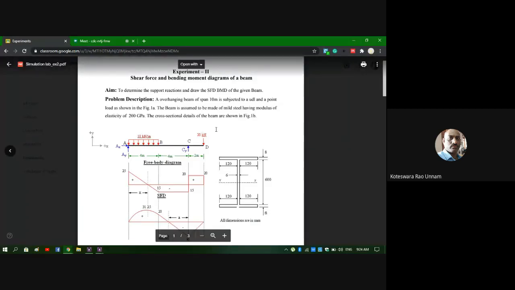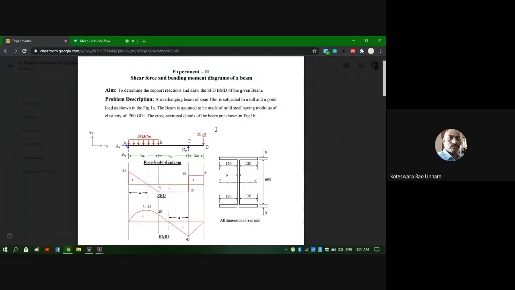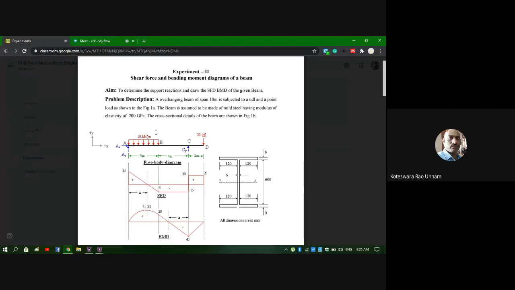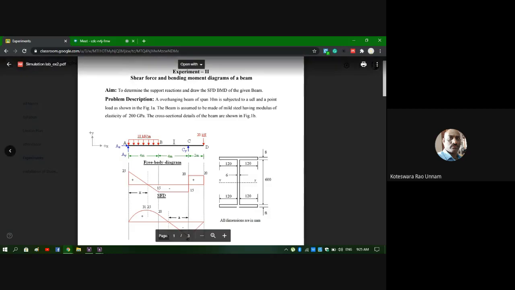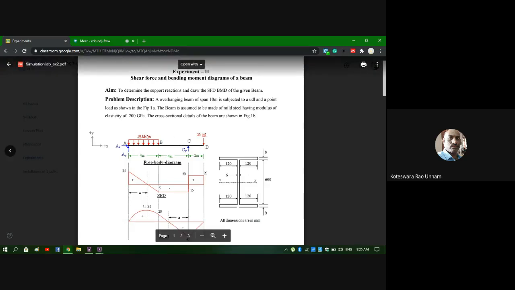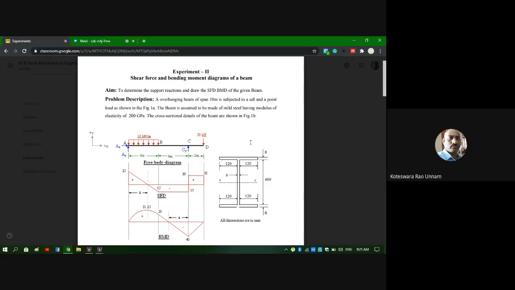It will construct the stiffness matrix for every element and then assemble all those stiffness matrices. Once you have done that, you apply the load conditions. Here the software will use the penalty approach instead of the elimination approach to introduce the boundary conditions. Then it will write the equilibrium equations as K U = F, and the software can solve that using some iterative techniques, then it will give you the solution. So the takeaway point is, even though material properties are not required, you need to input those material properties and cross-section details in the problem.